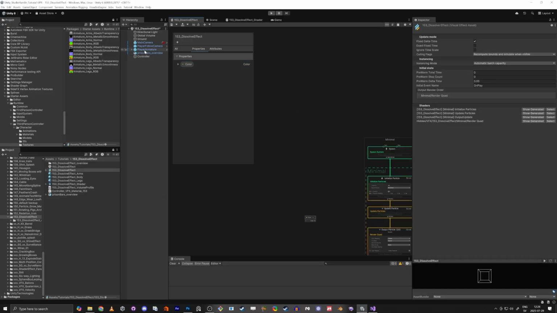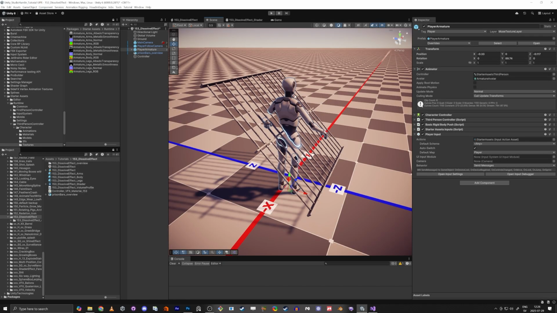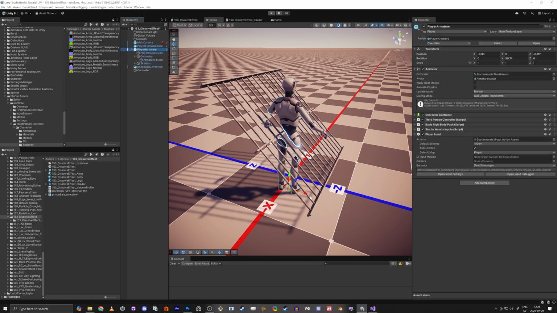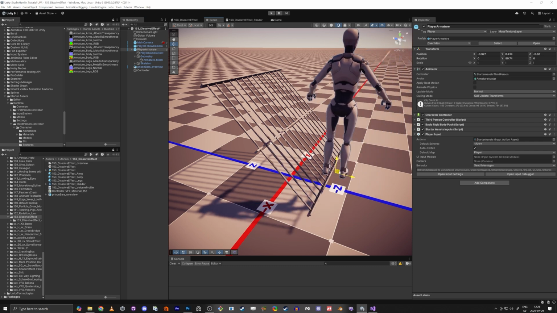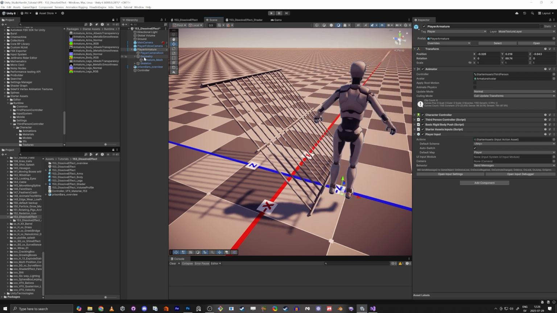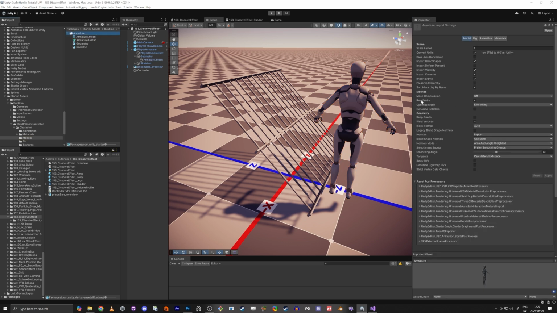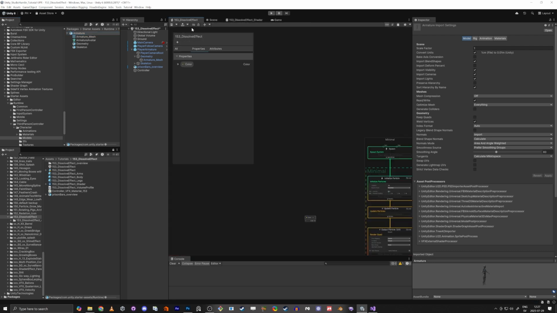And what's really important is that this mesh here, we need it to be read and write. Really important, because if you look at it, we need to find the mesh. And whatever mesh you have, you need to click on it, and then you need to do read and write. And we need to read on this one, because in here, we're going to start working on